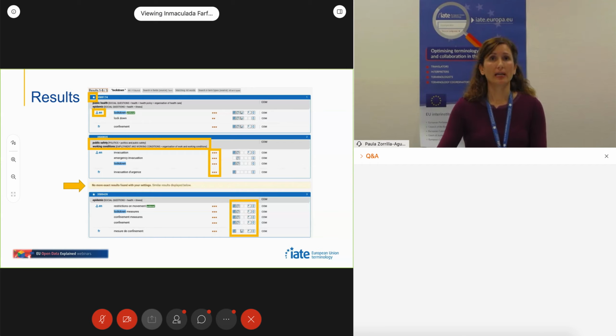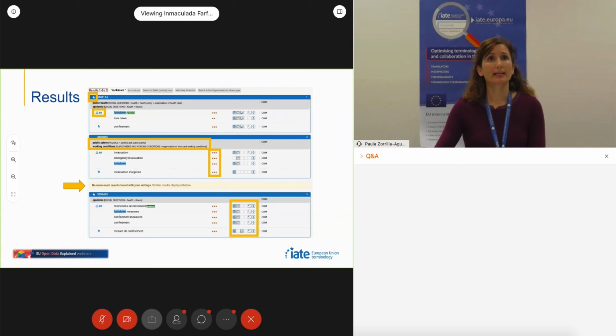And we can see whether certain fields like the definition, term reference, note, contain data for that particular entry and term, and expand them. IATE results are sorted by relevancy with exact matches on top and similar results below. Higher quality data have also a higher ranking in the list. It is important to highlight that external users have access to most of the content of IATE. Only few confidential entries, non-validated data, non-official EU languages, and some internal fields are not displayed to external users. The rest of the content is fully available.